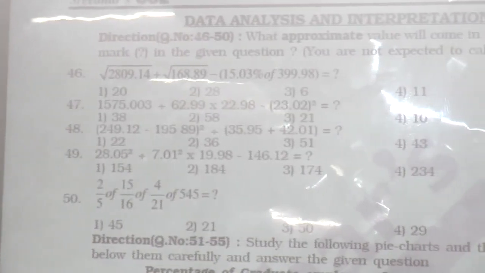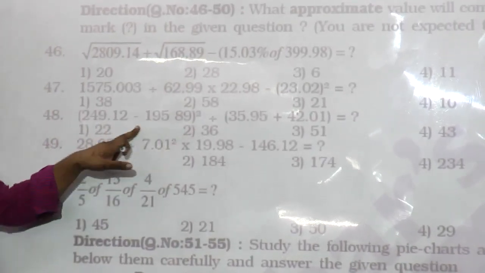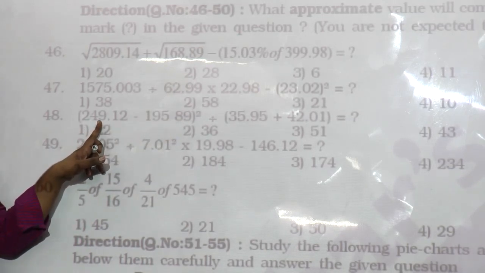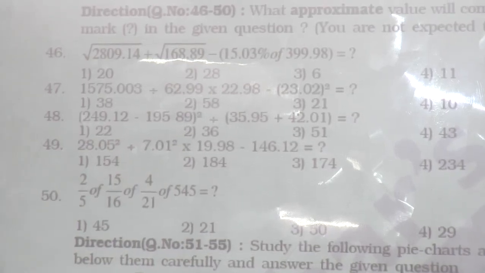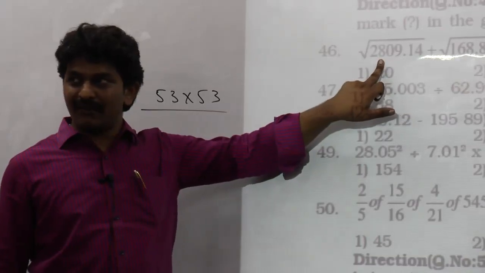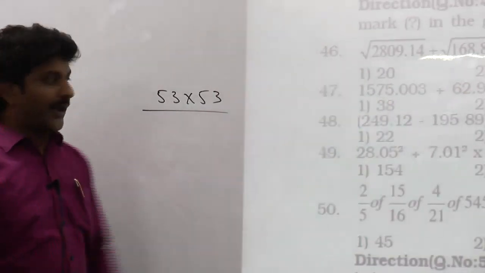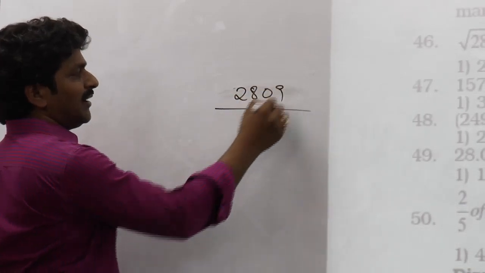Next. 249 minus 196. Subtract 196. That will be 49 plus 4, 53. So 53 square. I'll write as 53 into 53, otherwise 2809. We already have it. 2809. So 2809 divided by